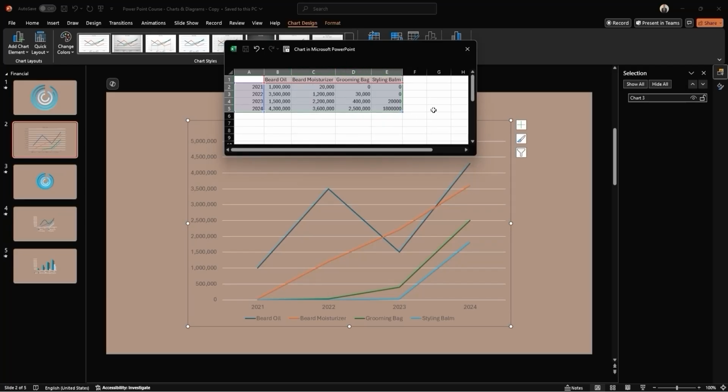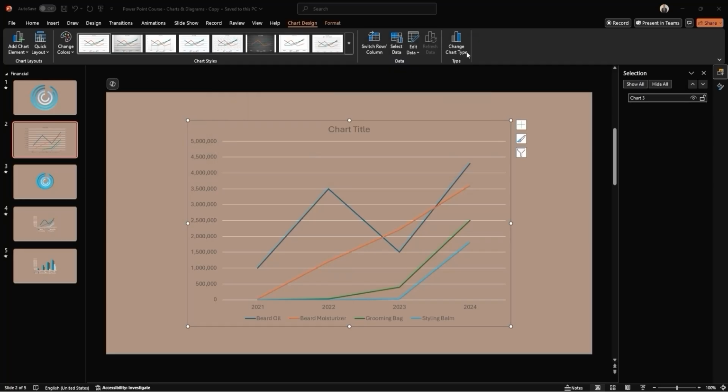In all honesty, the names of the products you choose to add, the number of years, or even the specific years don't really matter. It's all arbitrary. What's important is that you familiarize yourself with working with data in PowerPoint's built-in Excel editor. Play around with different values to see how they impact the chart. Once you have your data set up, close the Excel window, and let's move on to formatting the chart.